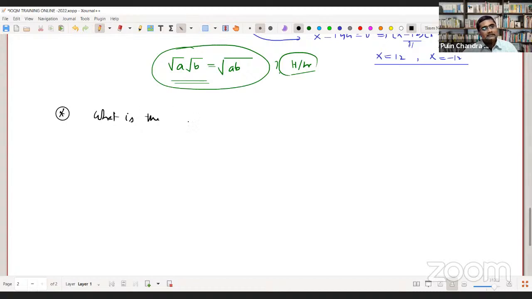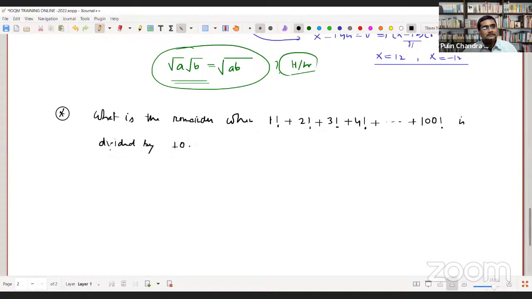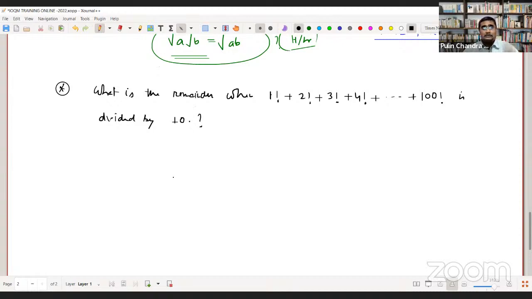देखो, what is the remainder when 1 factorial plus 2 factorial plus 3 factorial plus 4 factorial plus ... 100 factorial is divided by 10. One factorial plus 2 factorial plus 3 factorial up to 100 factorial, इसको डिवाइड करो निकालने के बाद और बोलो रिमाइंडर क्या होगा।